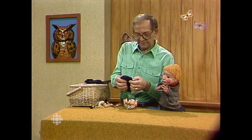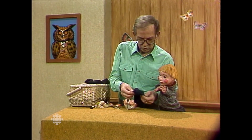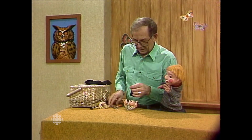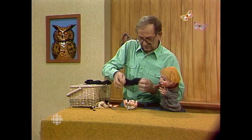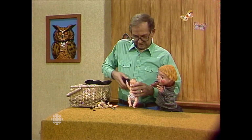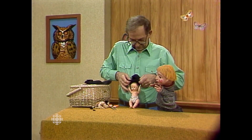Now, see if I can find the other side. Same place. Right about there, I think. She's going to be nice and warm in this, because I think it's a wool sock. Now, she stands up, puts her arms up like this, same way you do when I'm putting a sweater on you. And we pull it down